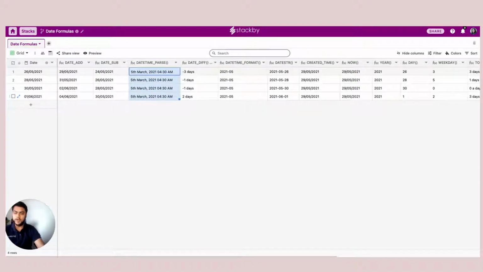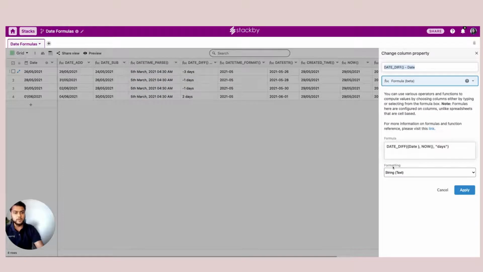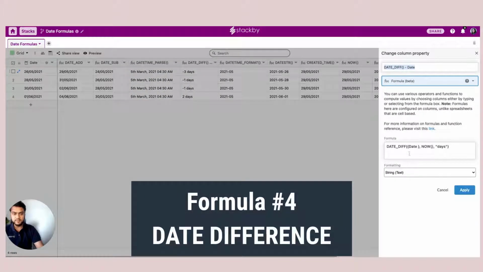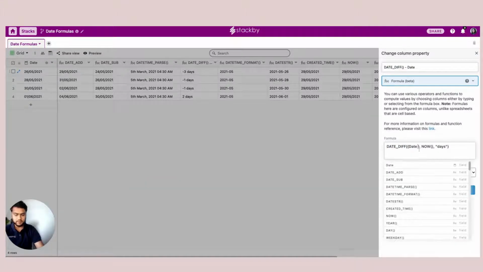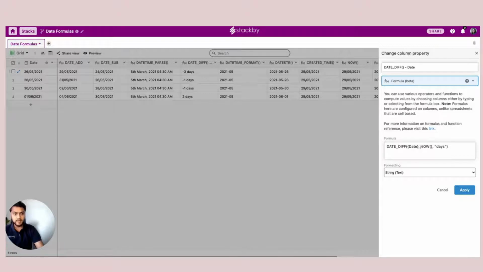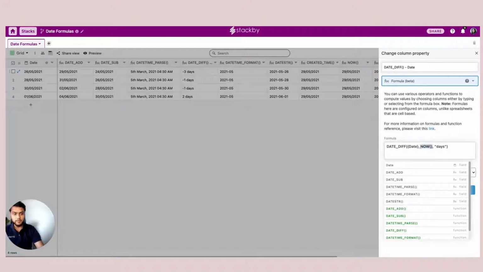Now I want to find the difference between 2 dates. If I want to calculate the due date of something, and I want to calculate the date difference between the starting date, which is this date, and today, which is now, I can use date underscore diff as a formula. Use the date reference, and you want to calculate with now.